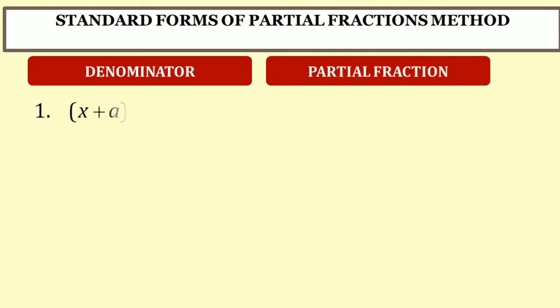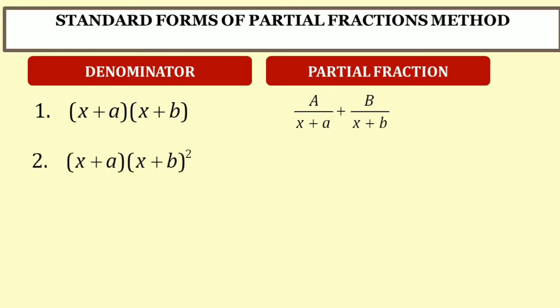If in the denominator we have a linear function, say (x+a)(x+b), then the partial fraction for this is A/(x+a) + B/(x+b). If in the denominator we have (x+a)(x+b) the whole squared, then the partial fraction for this is A/(x+a) + B/(x+b) + C/(x+b)